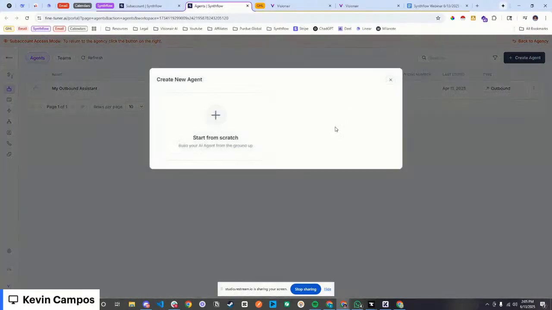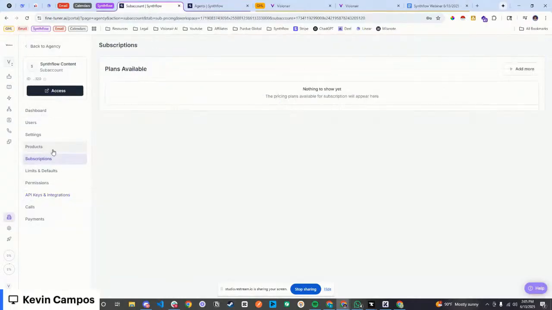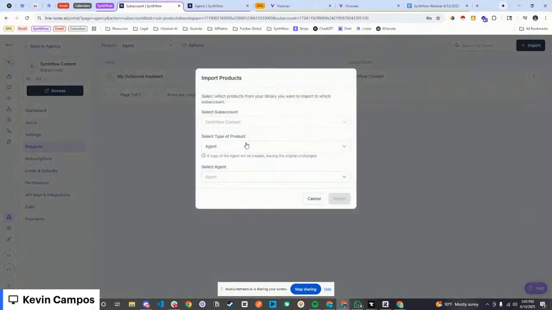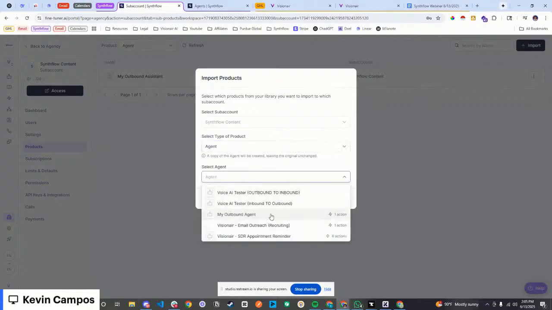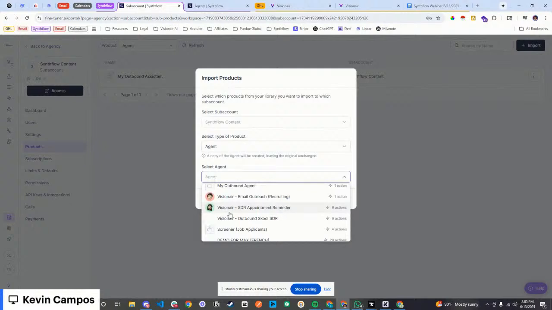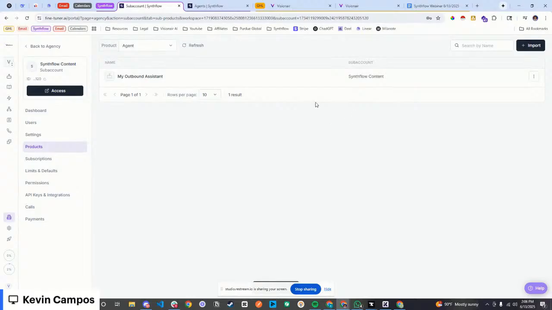Right. So first of all, let's see if I can choose one that has a template here. Let's see if I can just go ahead and import one real quick. We'll use agent, and if you guys didn't know, you can actually import agents here, which is something pretty crucial. Let's just do lead reactivation. I want to do one with lead reactivation for you guys. Let's see. If not, we'll just create one from scratch, which is fine. Let's just do this one right here. Buyer lead capture.